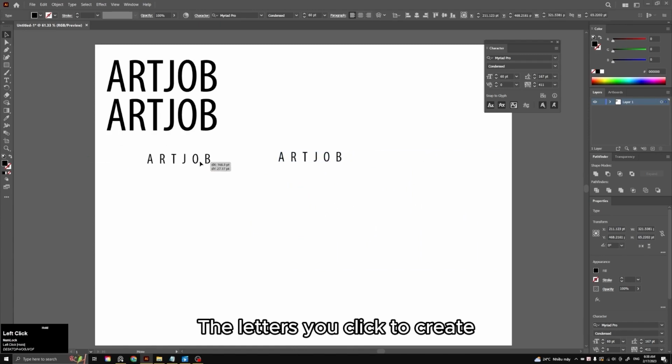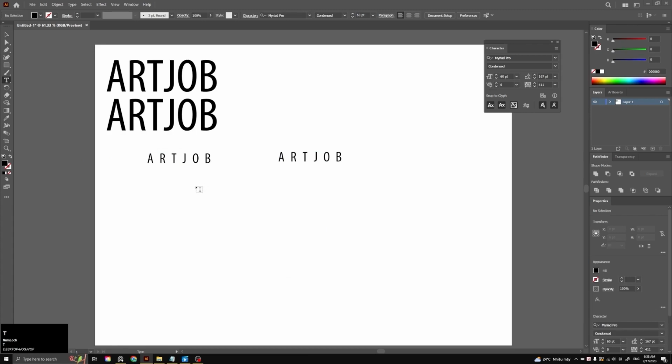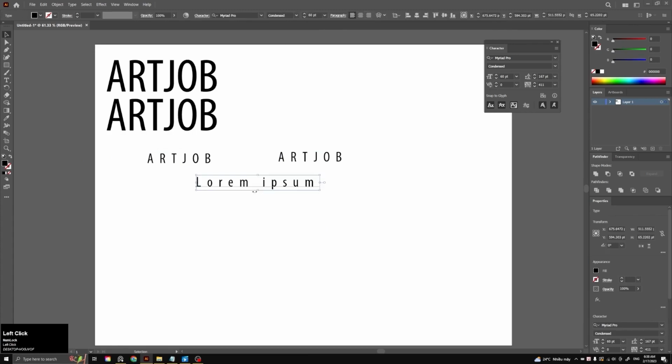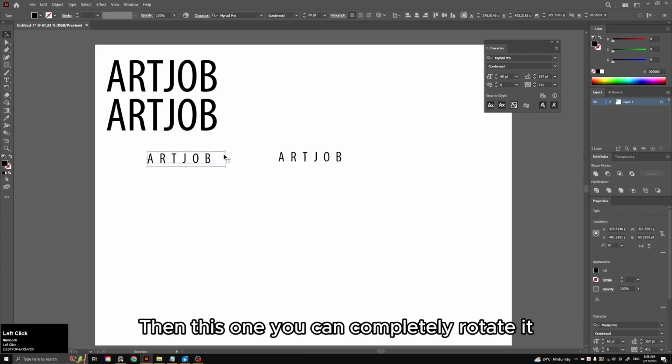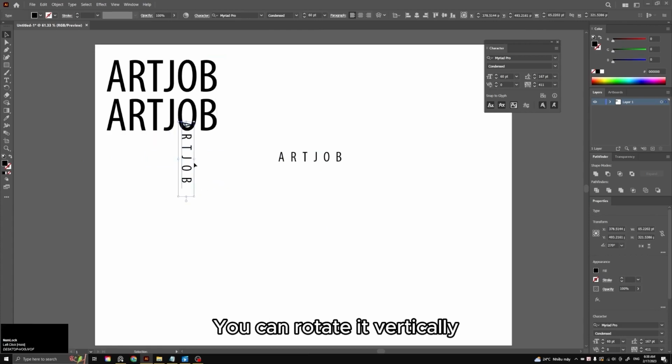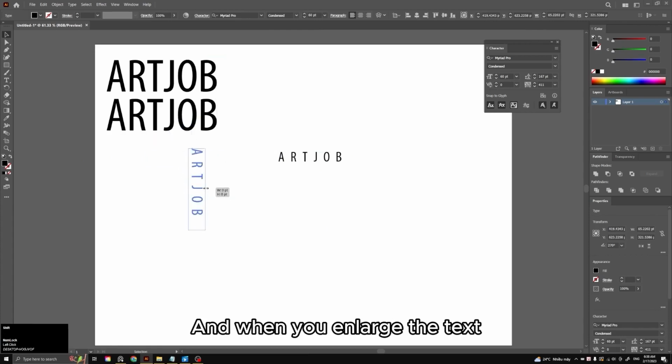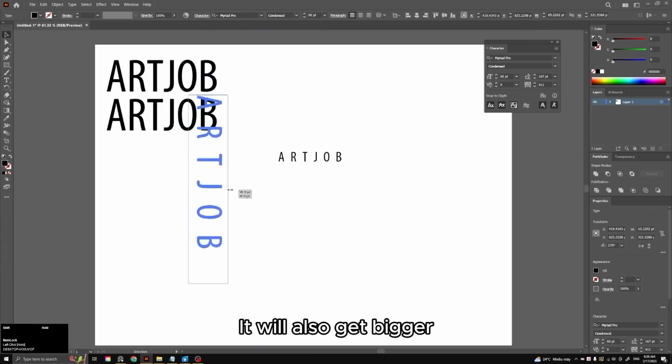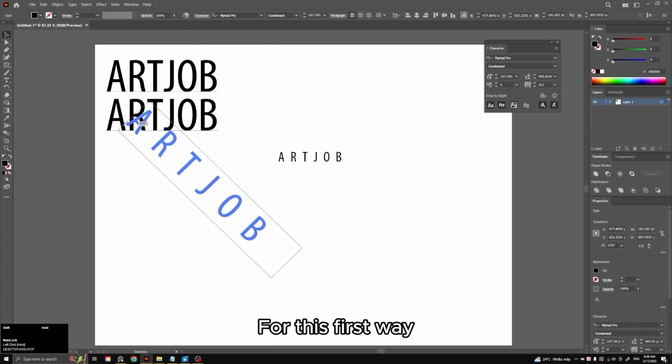The letters you click to create, this one you can completely rotate. Like this, you can rotate it vertically. And when you enlarge the text, it will also get bigger. For this first way,